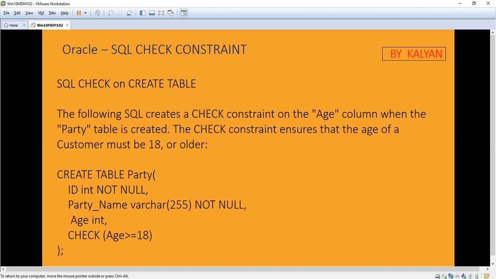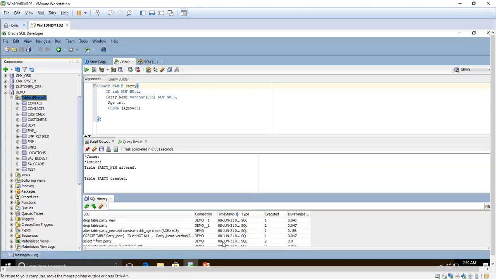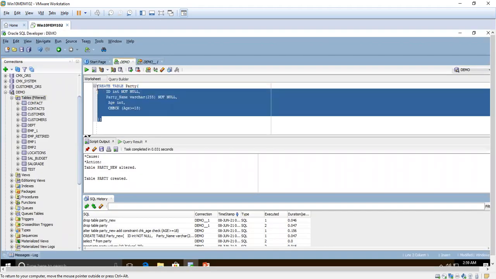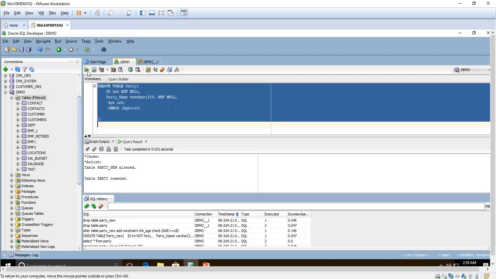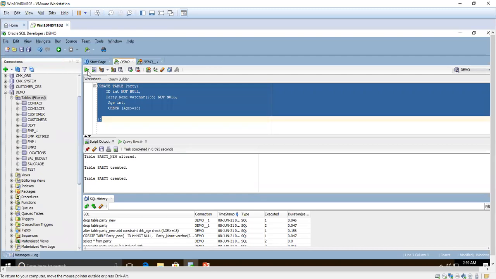First, I am going to create the table with the constraint. Age should be greater than or equal to 18. That means those who have completed the age 18, a person should be 18 or above.